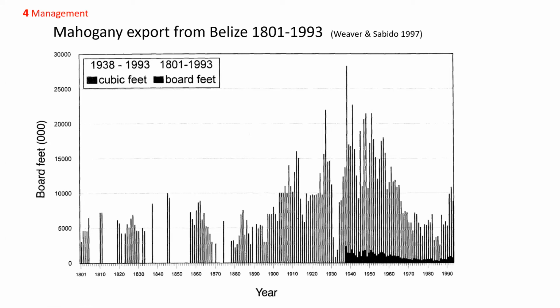And the problem with mahogany is it doesn't reproduce in the intact forest. It requires major disturbance. In the Yucatan Peninsula, where Belize is, this usually occurs due to a hurricane and then a fire afterwards, according to Laura Snook, which gets the mahogany trees going, and they live a really long time and produce a lot of seeds. And so it's a very intermittent but abundant regenerator. But in the present day, these sort of conditions don't occur as much as they did.